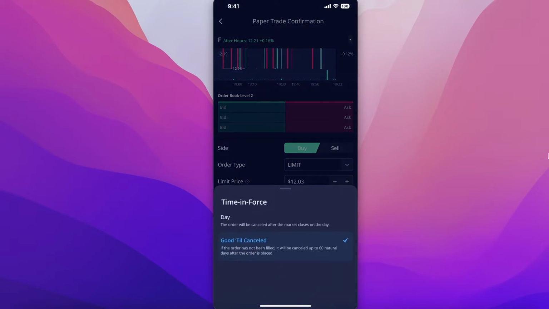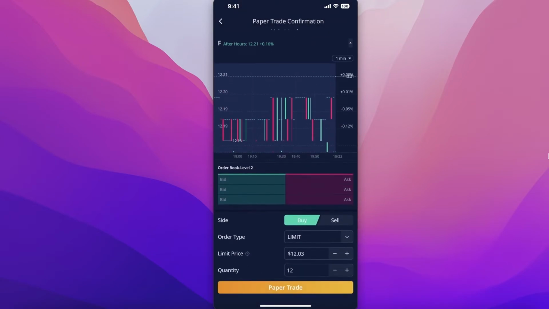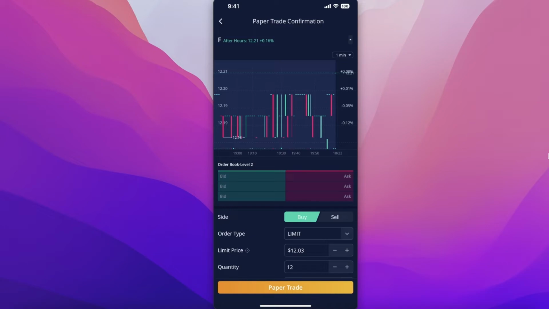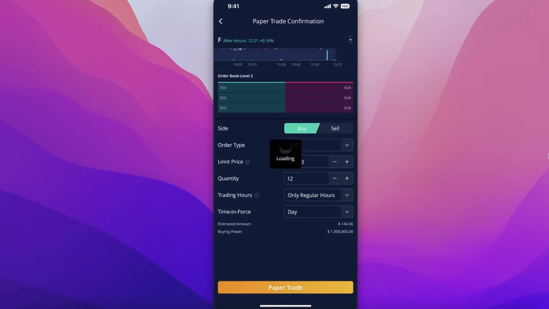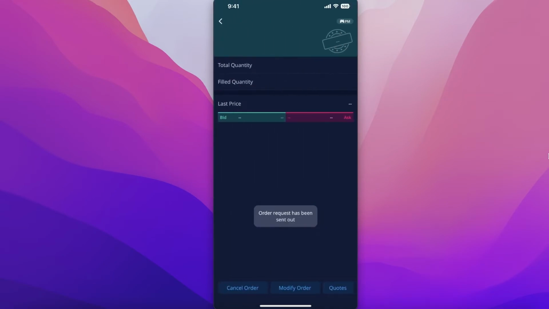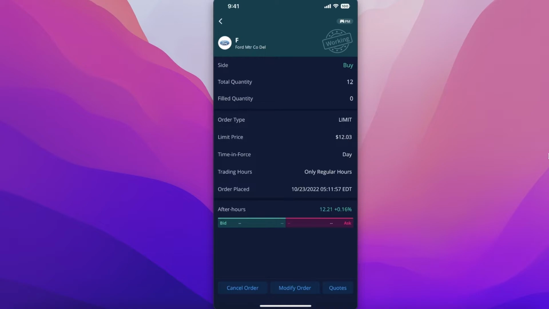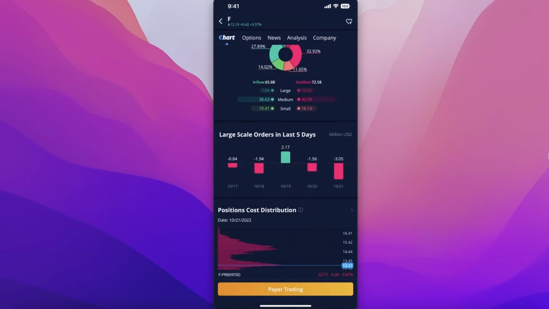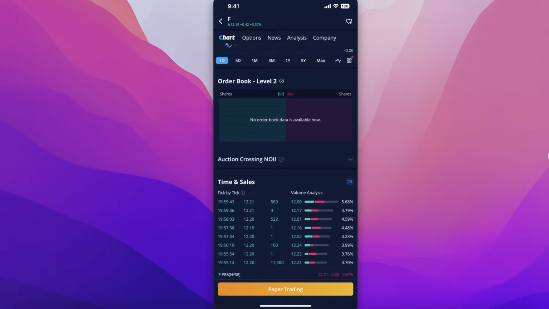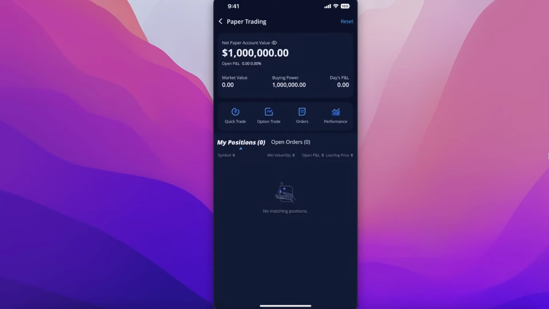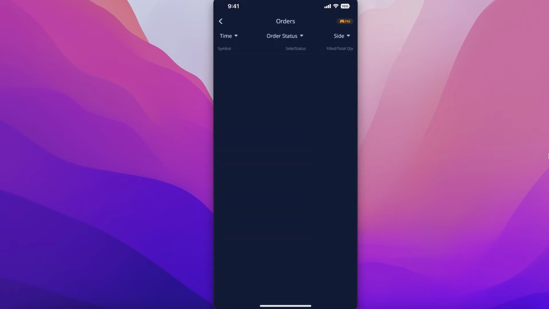Now after that, you also have day. So you can choose whether a trade could expire in a day. So let's say I only want to buy this stock if it reaches this price today. So then I will click on day. Then you can click on paper trade over here, and your order request will be sent out. So after that, you can see your after hours bids and asking prices as well. So this is how simple and easy it is to get started with the WeBull application. And after that, you can go into your order section